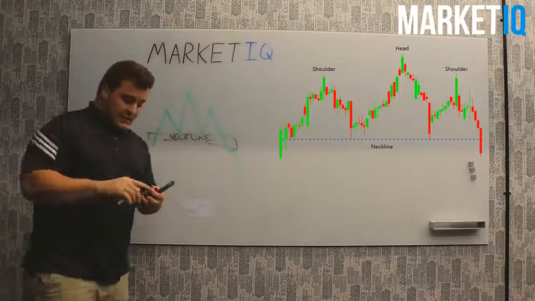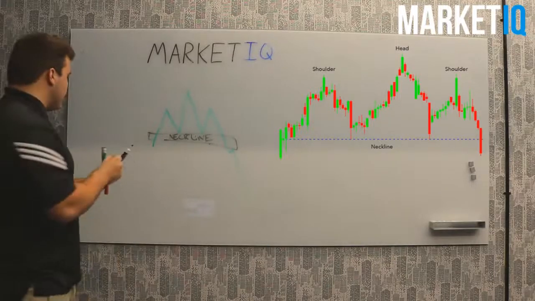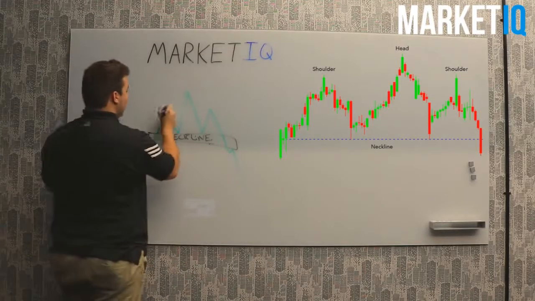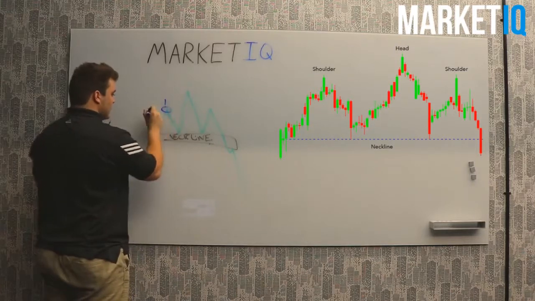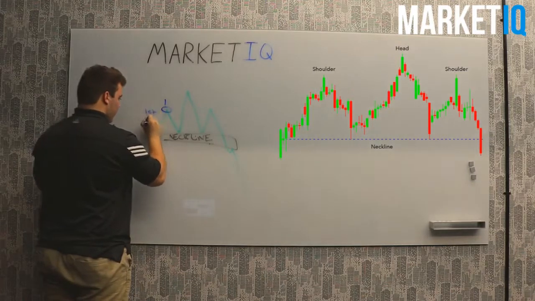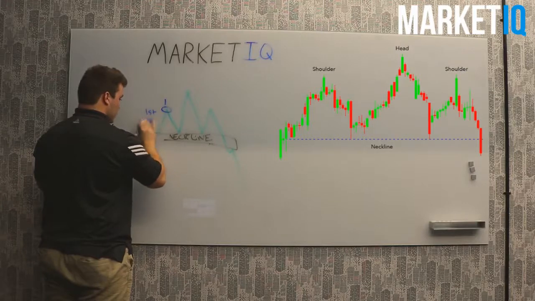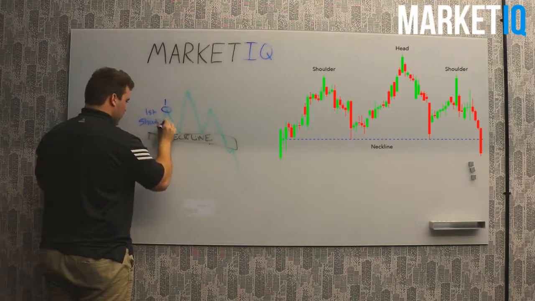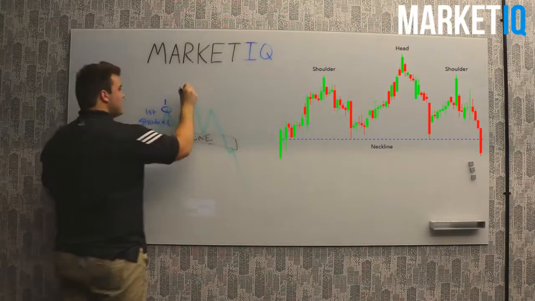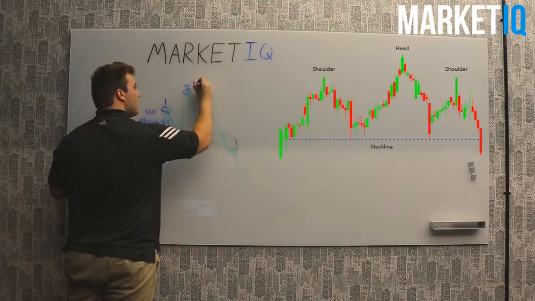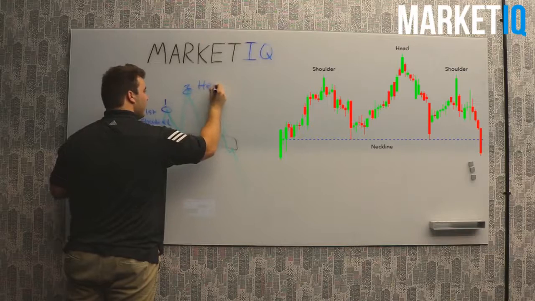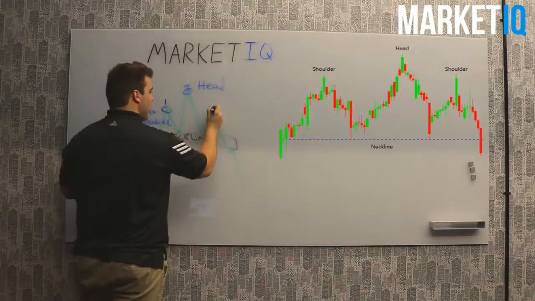So as we can see, you can clearly see we have one peak, which is the first shoulder. Then we have the second, which is the head. And we have the third peak,